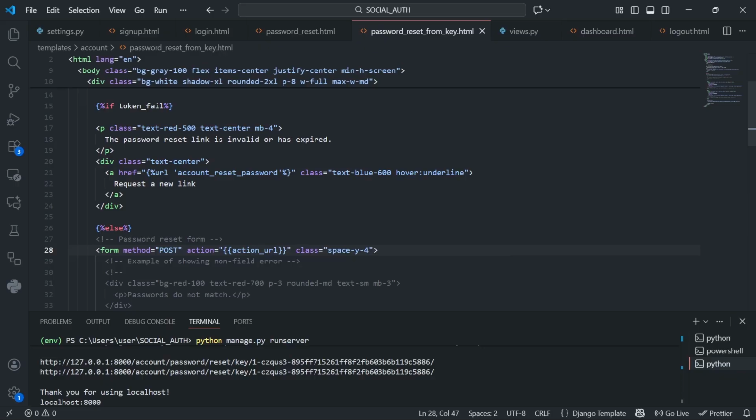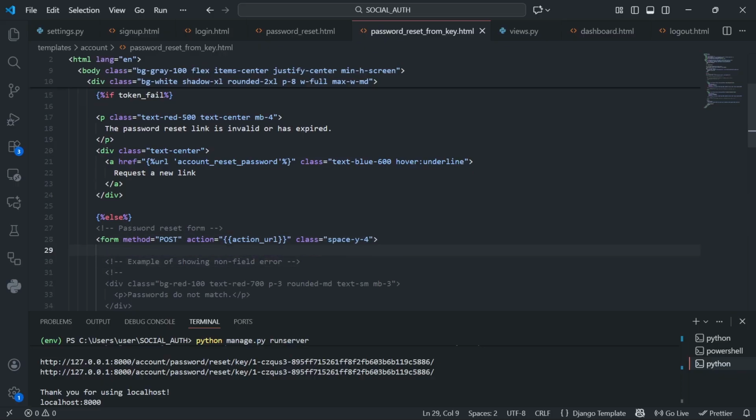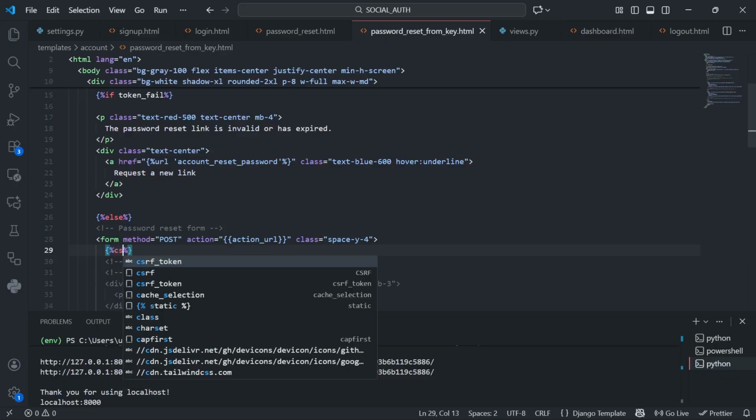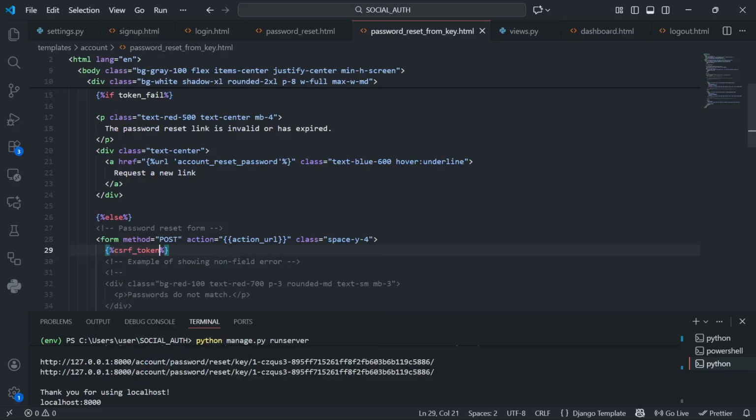So now after that, don't forget the CSRF token, very important. So csrf_token, and then we are going to have if form.non_field_errors, then